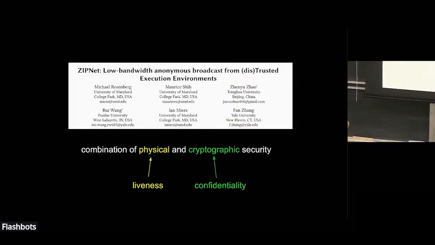Another example is a ZipNet paper, which will be discussed later today. This is an anonymous broadcast design. And what's interesting about it is that it uses TEEs for efficiency, but it does it in a clever way. It's not simply relying on the TEE as being a trusted third party. Instead, it has this layered approach where the physical security only gives us liveness, and if there's a break in the TEE, that is immediately detectable because the protocol goes down, but we still preserve confidentiality as long as the